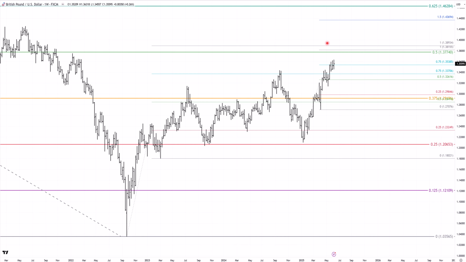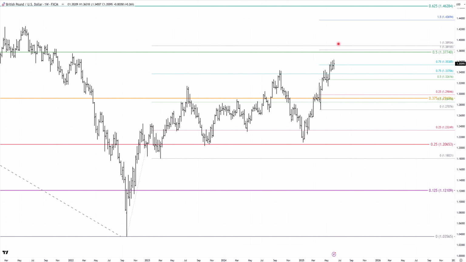Anyway, looking at that 50% milestone, that 137.74, if we look at this large range up here, and then we repeat it from this low here, 100% would take us to 138.15, right up at that 50% milestone. And again, a repeat of this initial impulse move, as Gam would call it, from the low down there, and then we apply that range. So you calculate this range here, and then you run it up from this low here. 100% takes us up to 138.93.